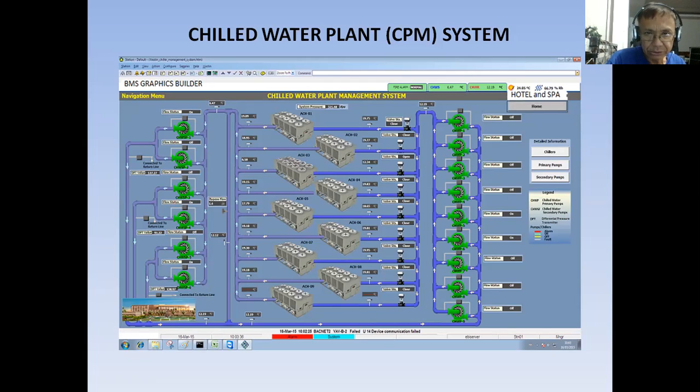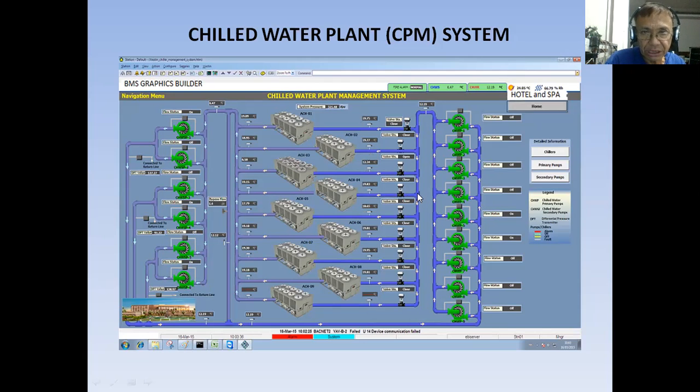I shared the information from the CPM system to my BMS system through software integration. What we use here is BACnet over IP. If the software integration is BACnet over IP, it's very easy to integrate it to your BMS system.